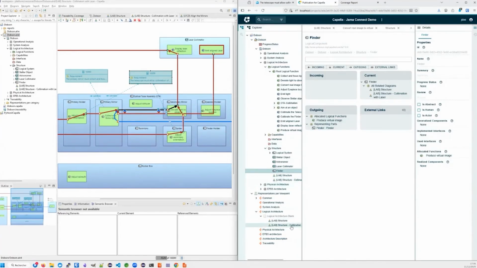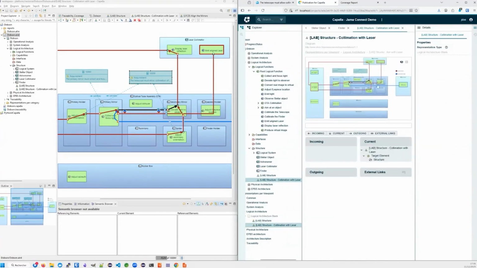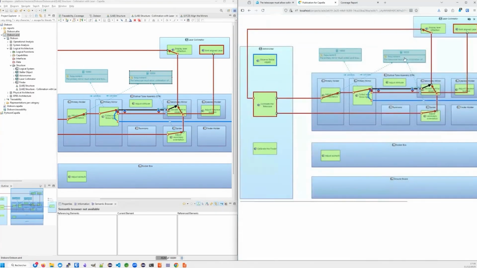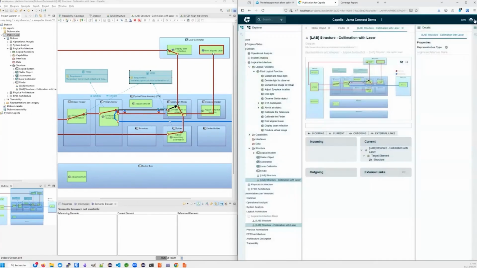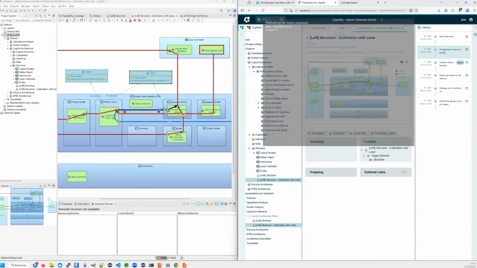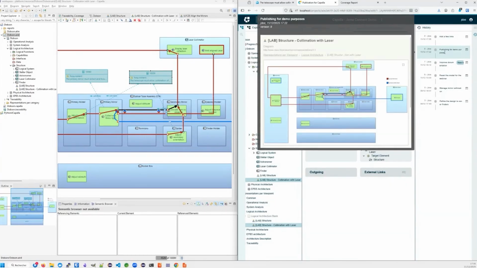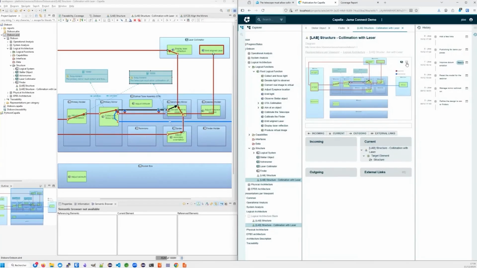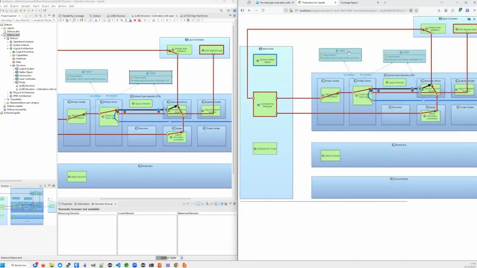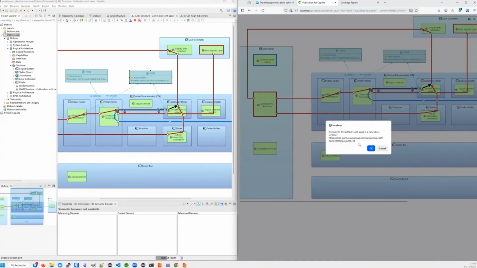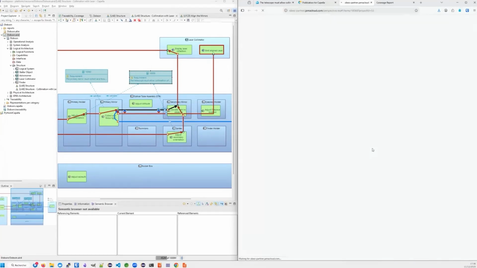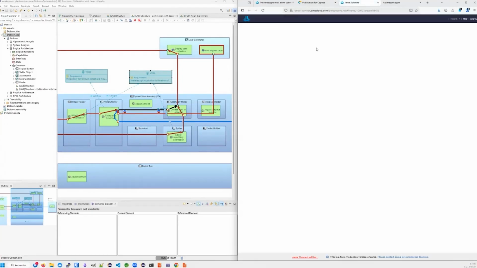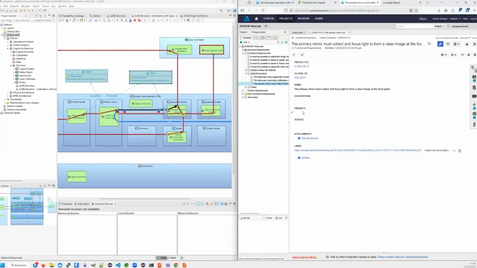And if I select the collimation diagram, you can see that it now contains these requirements that weren't there before. If I just select the previous commit here, you will see that the previous version of the diagram did not have the requirements, of course. So that's great. If you click on any of this, it tells you that it takes you in a new tab to the web page. So you have a navigation between publication for Capella and Jama.